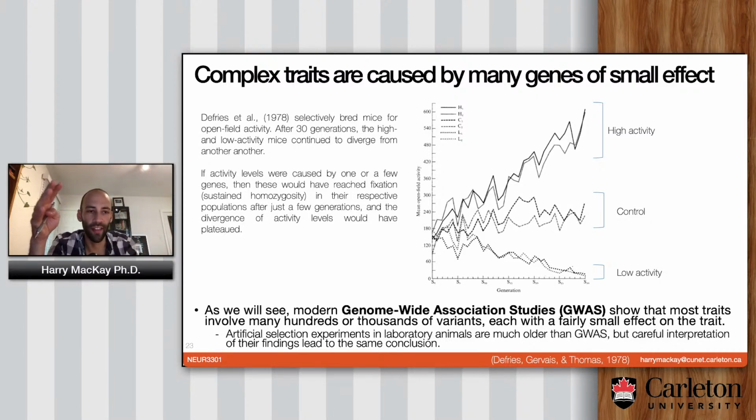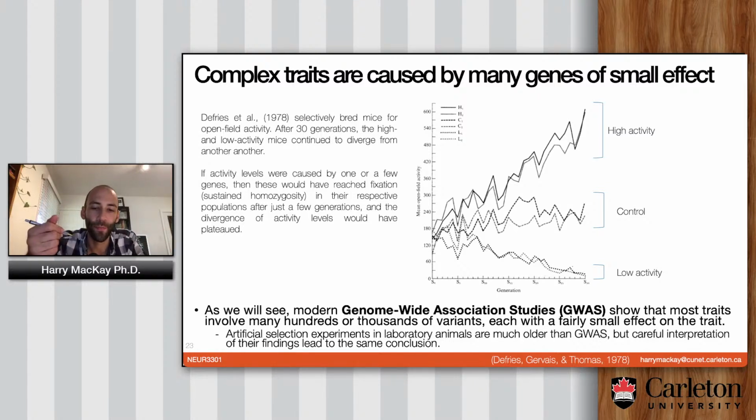And what you would do is you would just take all of the low runners and breed them together, and you would take all the high runners and breed them together. Then when they had offspring, you would do the exact same thing on the offspring. You would measure the running of all of them, take the highest out of the high runners, breed them together, take the lowest out of the low runners and breed them together, and so on and so forth.